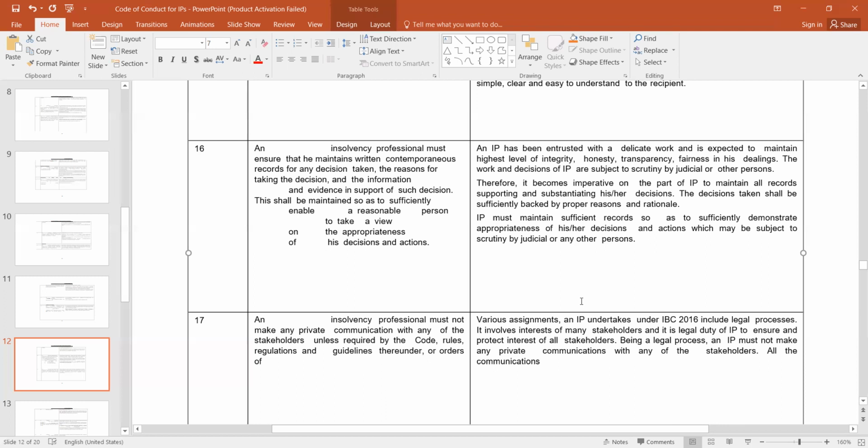Suppose this matter was under court, and the court, while going through those records, called you as an IP. That way also you might be required to produce the documents. And as far as the record retention period is concerned, even beyond 8 years you might be required to keep the records. What is the situation?